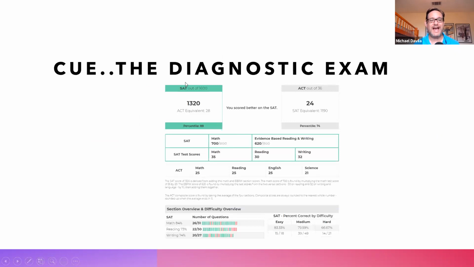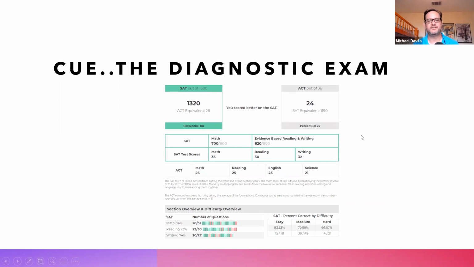So for that, I'm always thinking about efficiency. I don't want to have to study for both of these tests, especially if I'm a junior. I'm heading into a year where I might be taking 4 or 5 AP courses. I may be playing a sport. Time is at a premium, pretty much any time, I think, with our students. So I just want to do one. I don't want to do both. So the diagnostic exam, we offer a 3-hour diagnostic test.